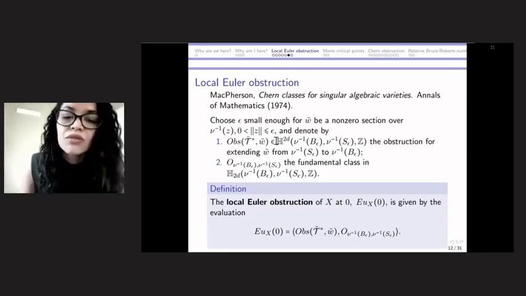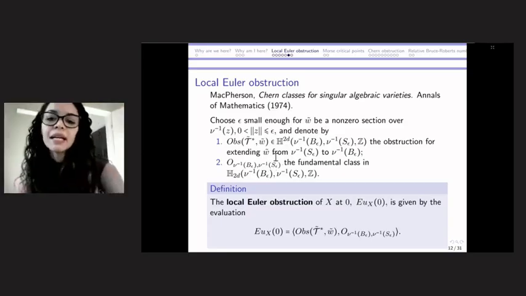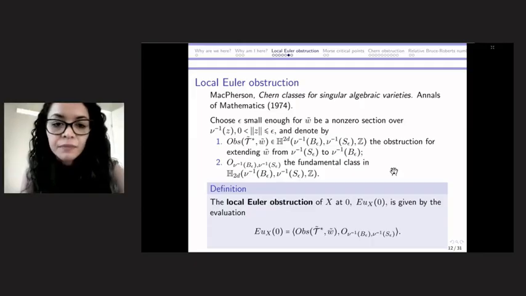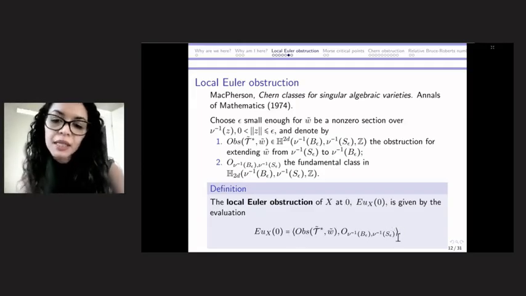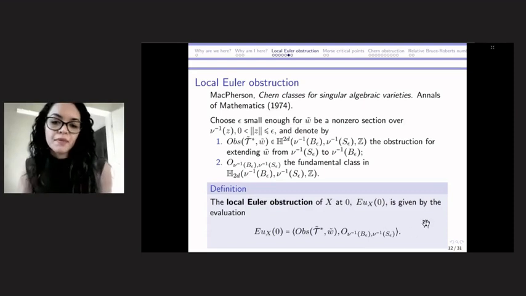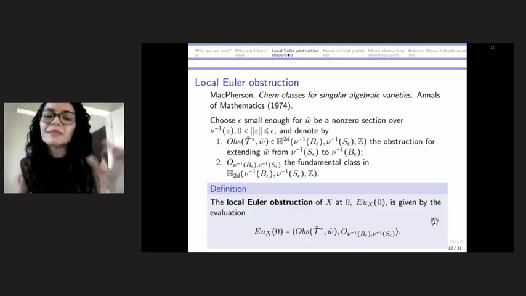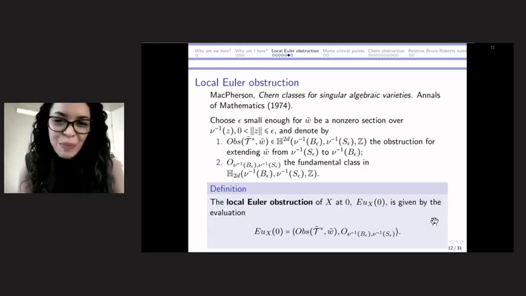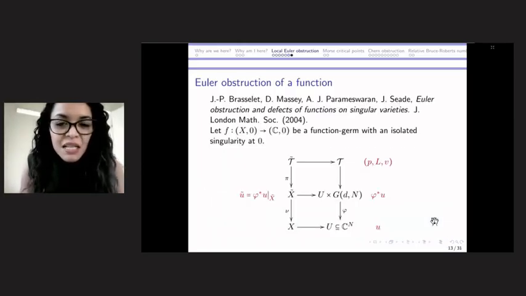The cohomological class is evaluated on the homological class to obtain an integer. We are working over the integers here, all right? So once we make this evaluation, we obtain an integer, which is called the local Euler obstruction of the variety at the origin. This notation here, you can think of as the cap product or the evaluation itself. Maybe the evaluation is the best one to mention here.